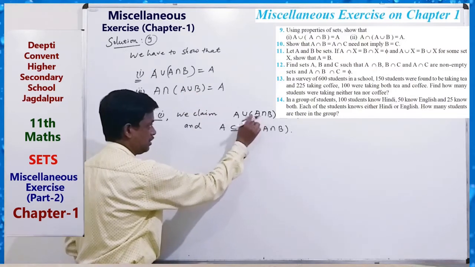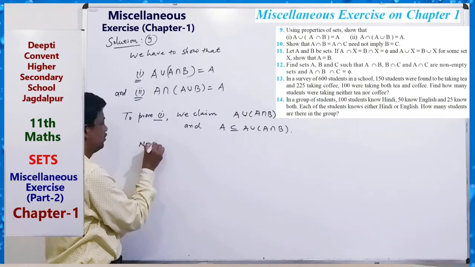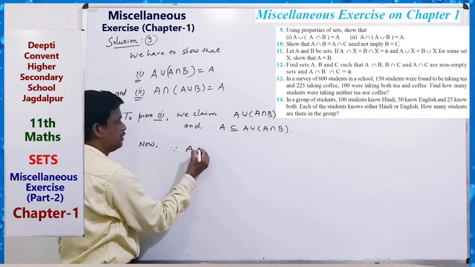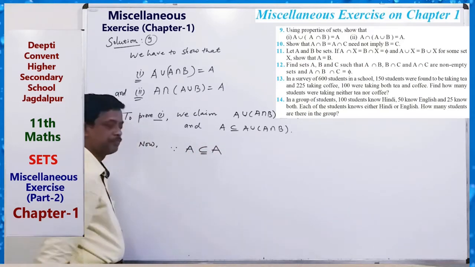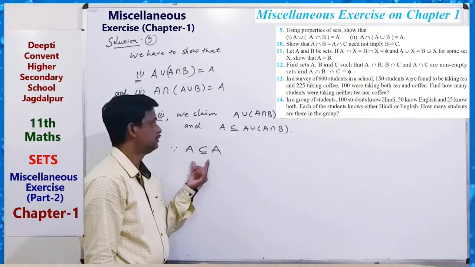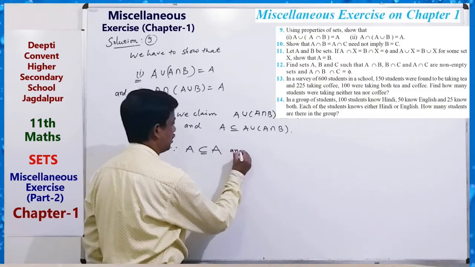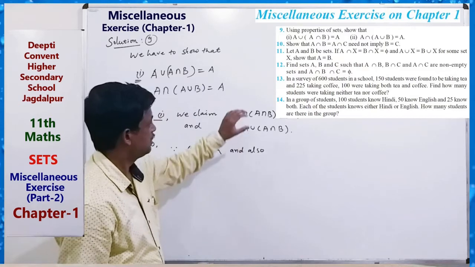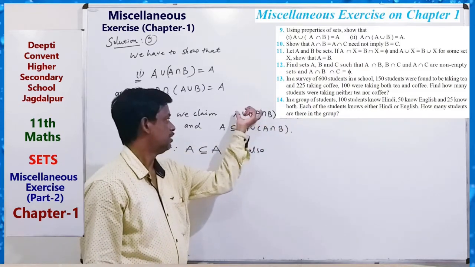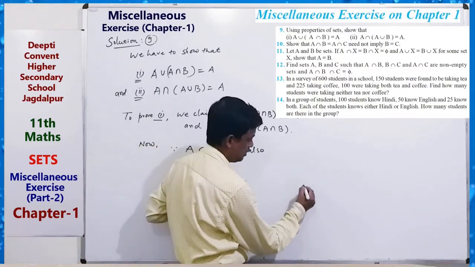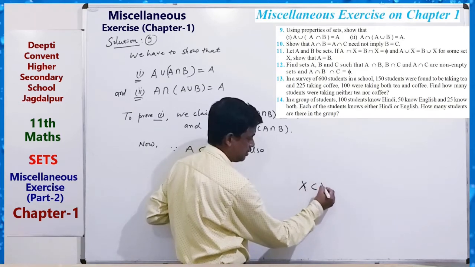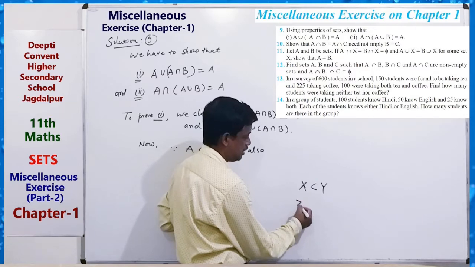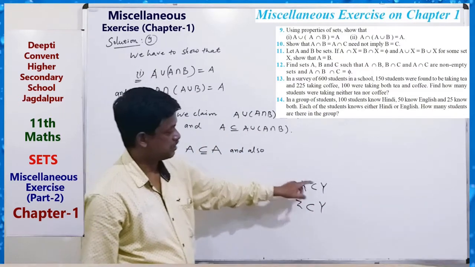For this, we know A is a subset of A, and also A is a subset of A. Now we know that if any set X is a subset of Y, and also Z is a subset of Y,